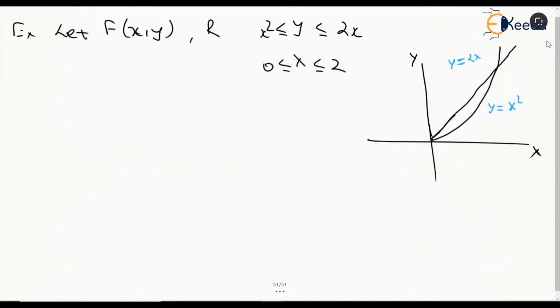Also, if we check the point of intersection, the point which will satisfy is x is equal to 2, because for x is equal to 2, y is going to be 2 square, which is 4, and y is equal to 2x will also give you 4. So this is y is equal to 4.